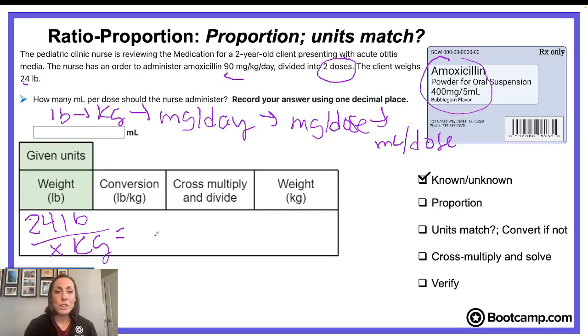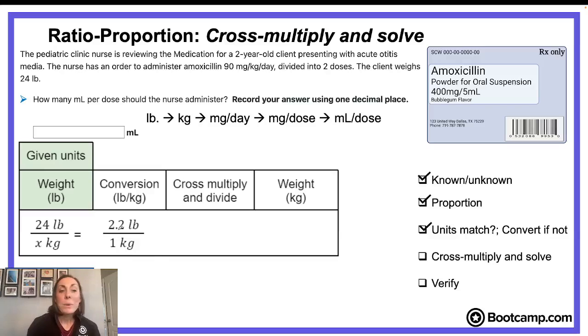So this is our conversion. So how many pounds are in 1 kilogram? 2.2, right? So we're gonna take our 2.2 pounds over 1 kilogram. We verify that our units match. We have kilograms both on the bottom and we have our pounds both on the top. All right, so now we can cross multiply here. So our 24 times our 1 is 24, and we get 2.2